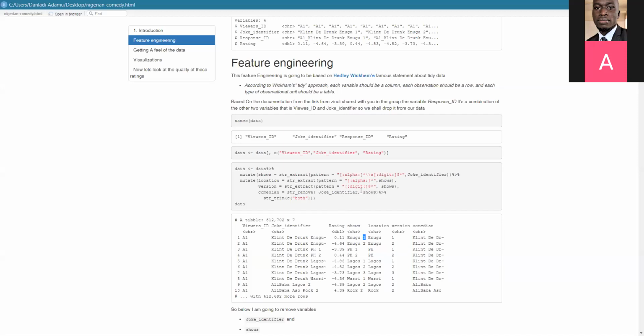So what we do is we remove. Shows is now the location and the edition, while joke identifier is the comedian, location, and edition. So we remove from joke identifier everything that matches shows. So for example, from this